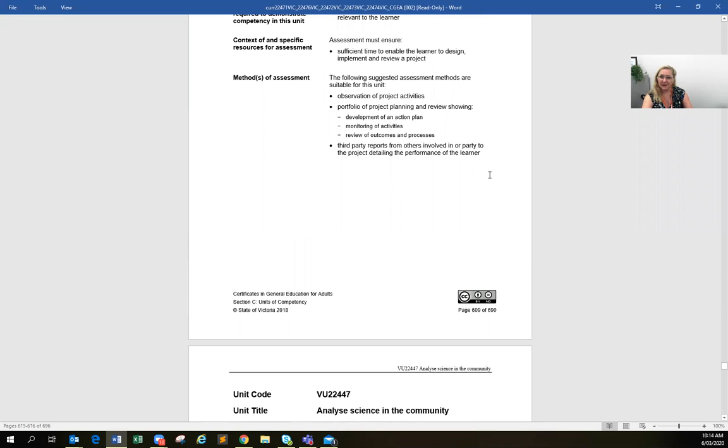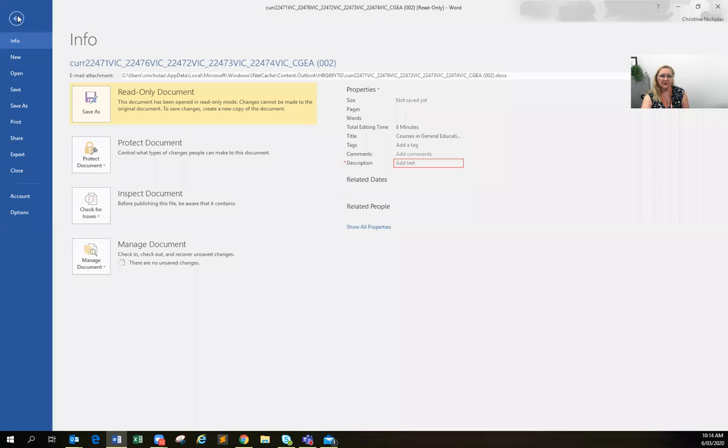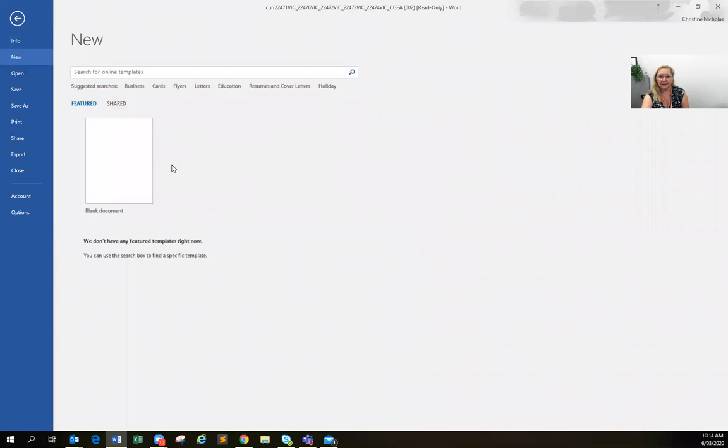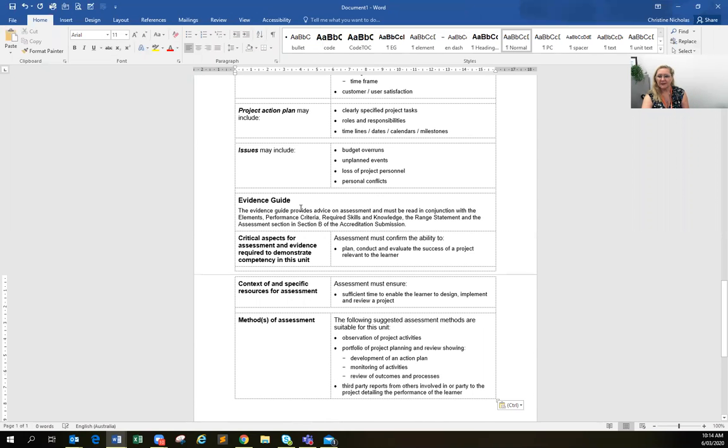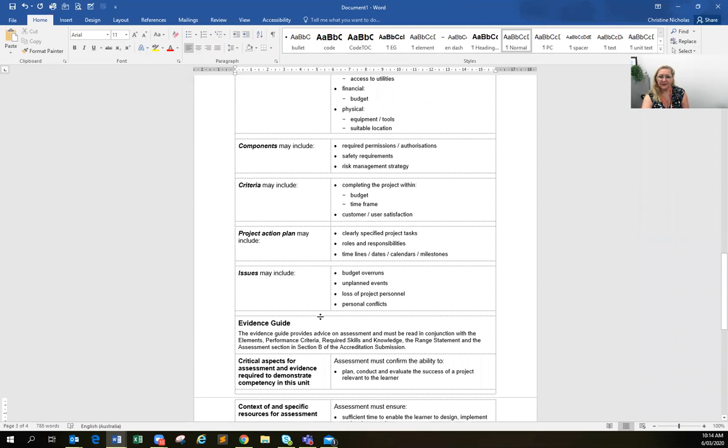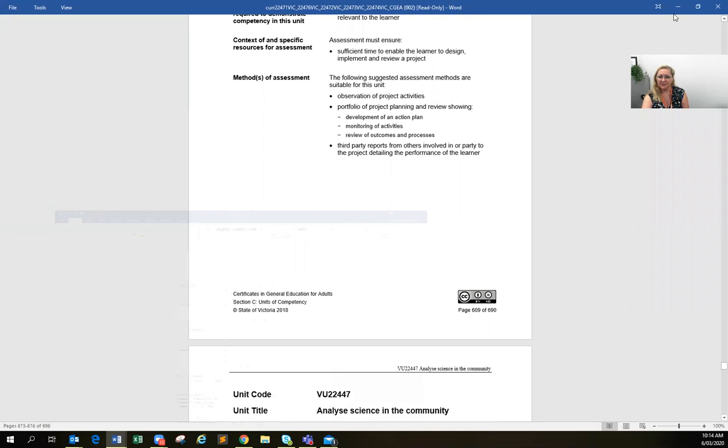So as much as I want to copy, Control C, I'll just open up a new document and paste it, Control V. So now I've got it in there. Now the other thing I want to do, I'll just minimize that for a minute, is get this. So double click on your,